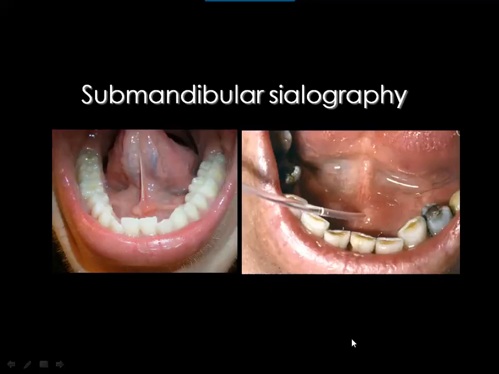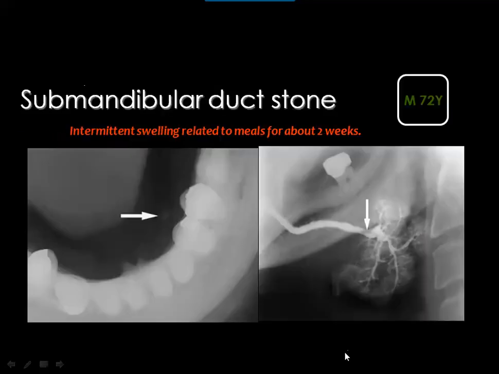For evaluation of the submandibular salivary gland, you open the mouth of the patient, and the patient is asked to elevate his tongue so that you can look at the mouth floor. On either side of the midline plane, you can see a very small opening here and there, and this is the opening of the main submandibular duct. Then you push the sialography catheter in the desired side, then you inject contrast media, and you can have this